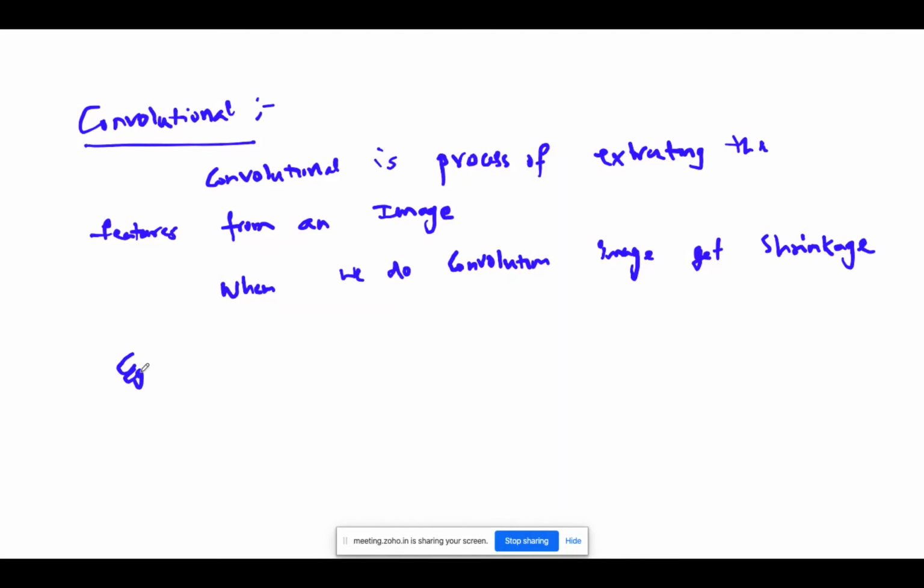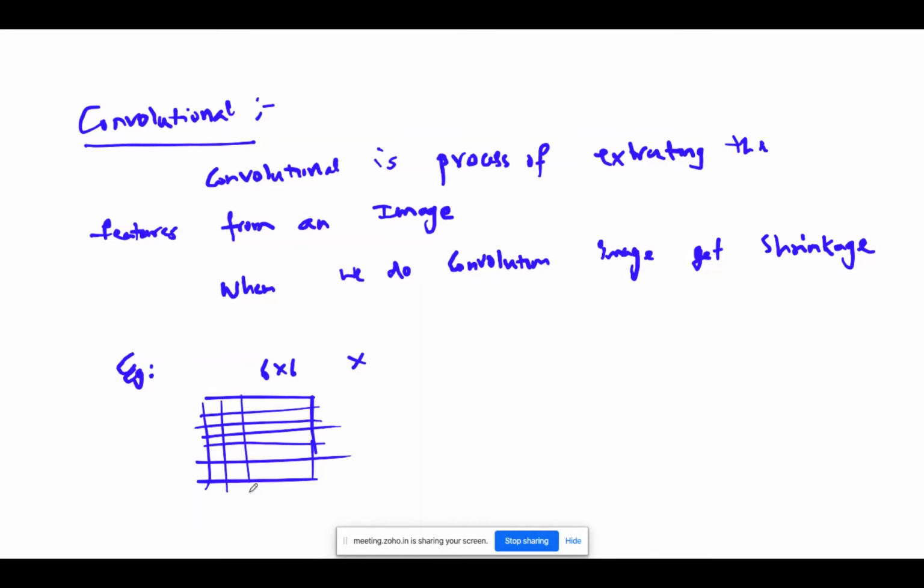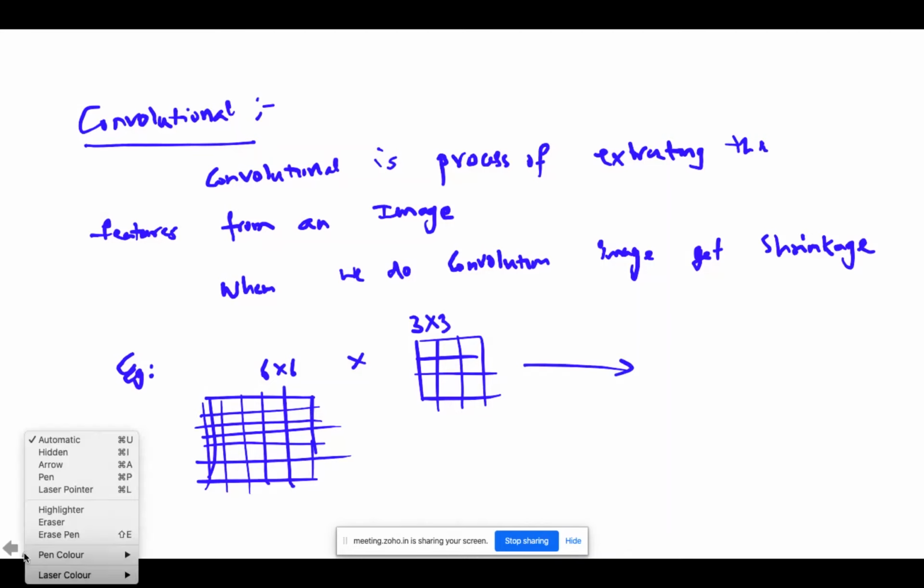Example, your 6 by 6 is convolved with 3 by 3. Your convolutional output will become how much?